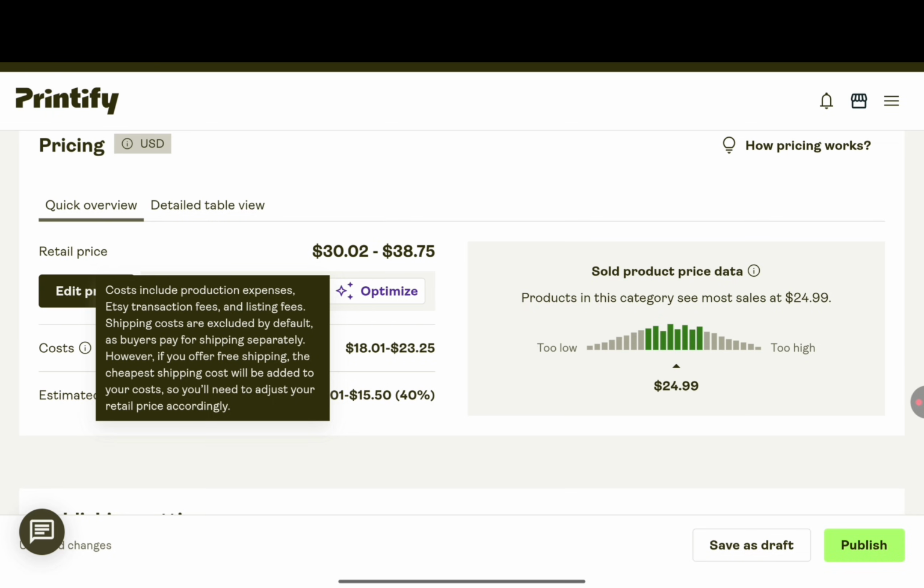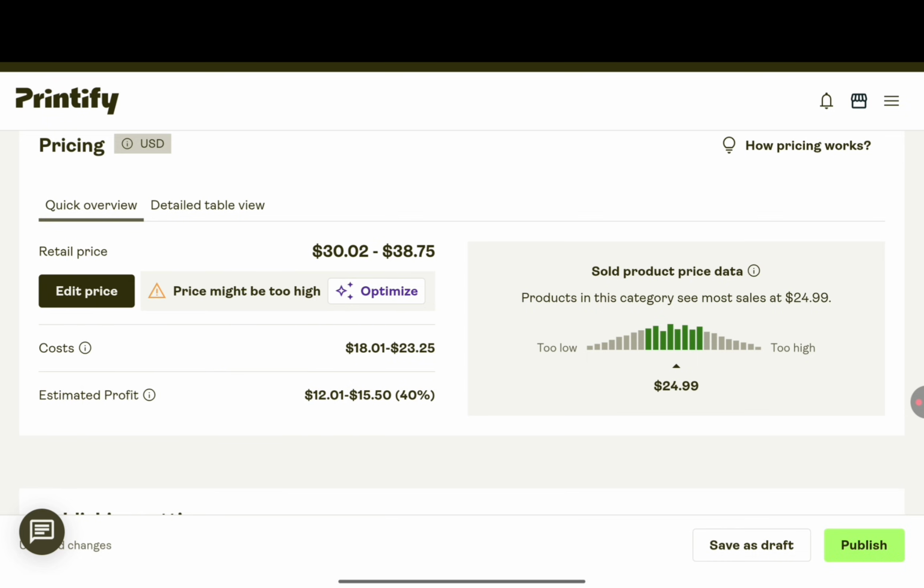You see over here, costs include production expenses, Etsy transaction fees, and listing fees. Shipping costs are excluded by default, as buyers pay for shipping separately. However, if you offer free shipping, the shipping cost will be added to your cost, so you will need to adjust your retail price accordingly. Now over here they are saying what they are estimating if I'm to sell this at this rate, right?